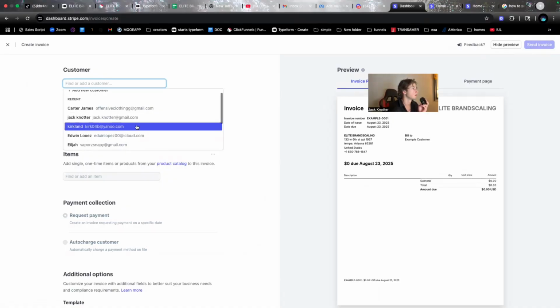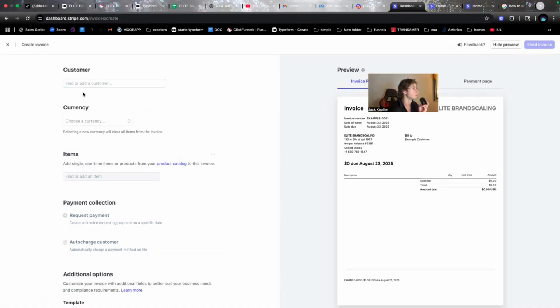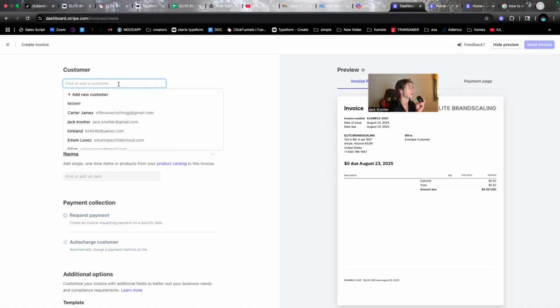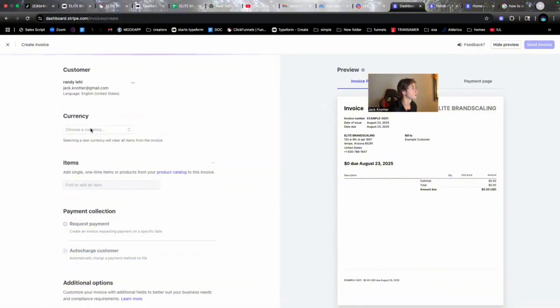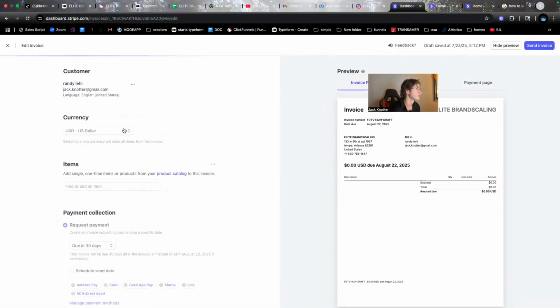My bad. So here we have people in the customer section. You can always add a new customer up here, and then it's going to take you to this. Let's add a new customer right now. So you put their full name in, so we'll do Randy Leahy, and then you put his email, right? Save. Okay. Currency. You put their currency, since you're doing stuff on the internet, there might be people